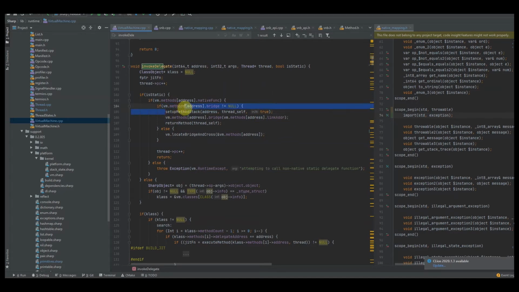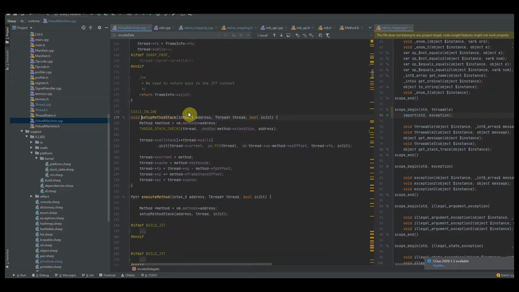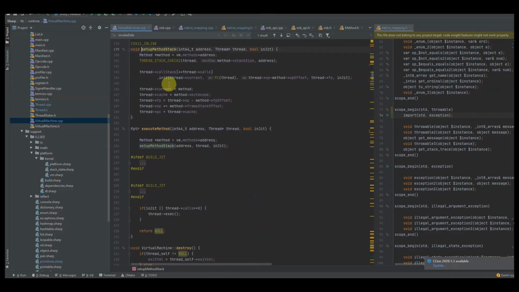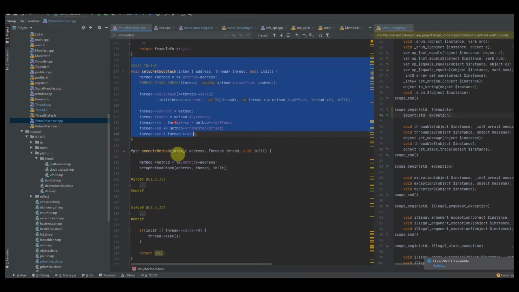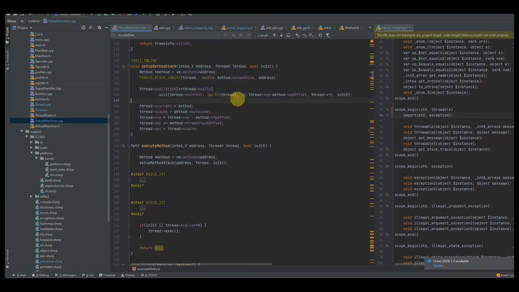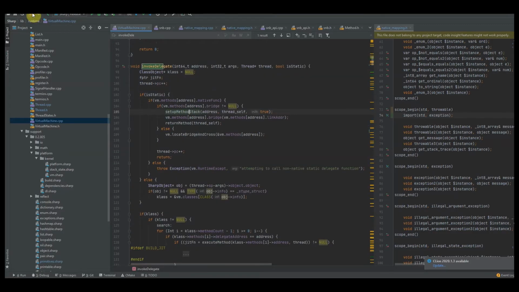So then what we do is we set up the method stack, which we've already gone over. This is the same function that the execute method function uses, and this is why I broke this code out into this function, because it's used in two different places. So if I go back, once we set up the method stack, then we want to basically